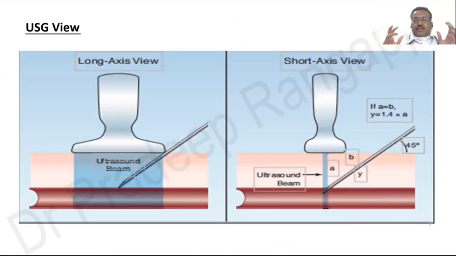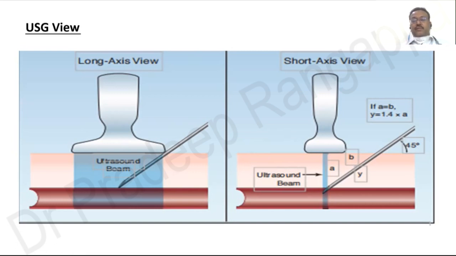Obviously in this day and age, it is almost imperative that when you are putting a dialysis catheter, it has to happen under guidance of ultrasound. In ultrasound, you have two views. You have a short axis view, which is very commonly used by most of us to identify the vein. Then there is a long axis view, which we sometimes use to make sure that the guide wire is passing through the lumen of it.